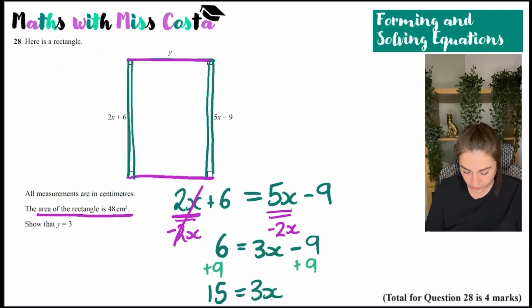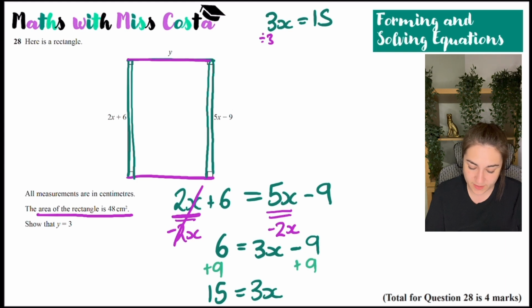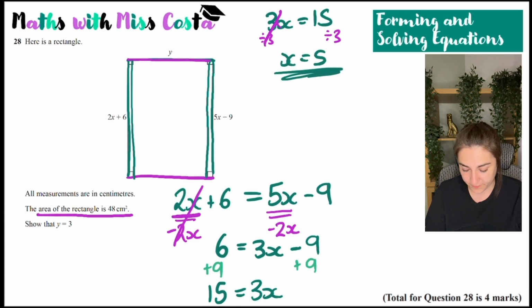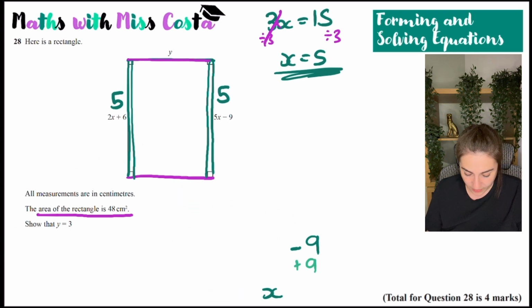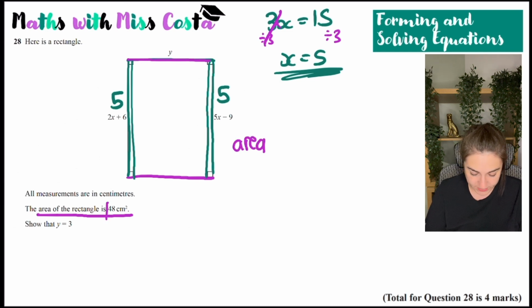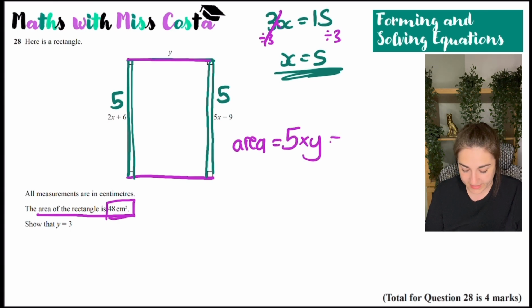So 15 is equal to 3x. And if 3x equals 15, the next part would be to divide both sides by 3, because 3 is being multiplied by x. So that cancels over here. And I'm left with x equals 5. So I know that this side and this side have a length of 5. Now, I'm also told that the area is 48 centimeters squared. So I know that 5 times by y must equal 48. So if 5y equals 48,